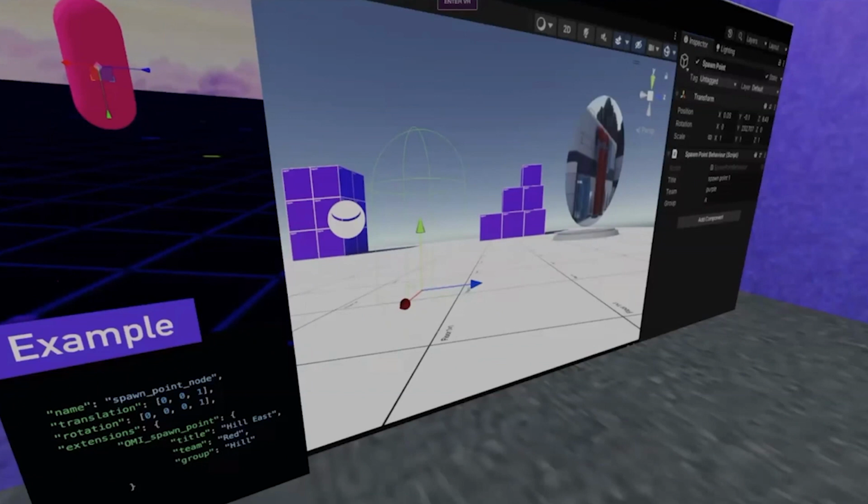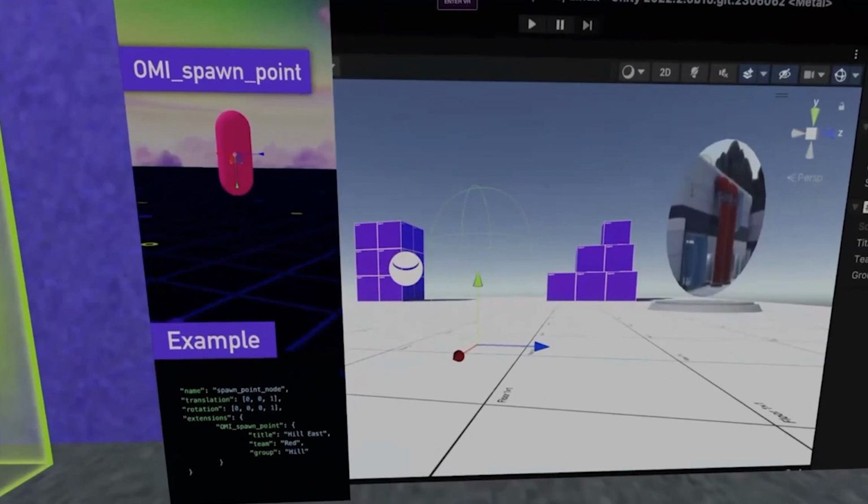Like imagining a first-person shooter game with capture the flag, where there's maybe 3 flags per team, and so then you would name the team red, and then each one of them could be grouped in regions, and then each one of them have their own title. It got really deep, and I was surprised at how deep a spawn point can actually go. So this is the spawn point extension.